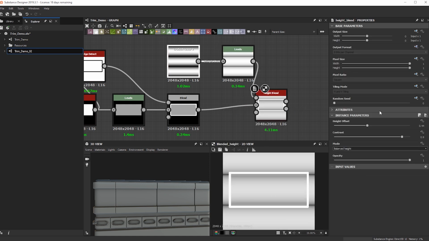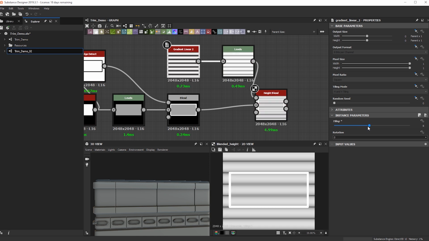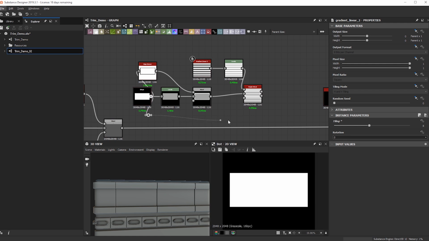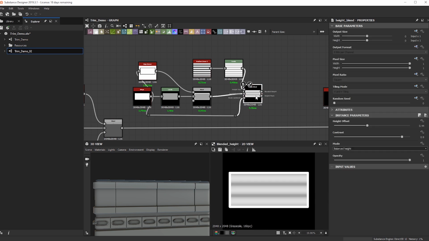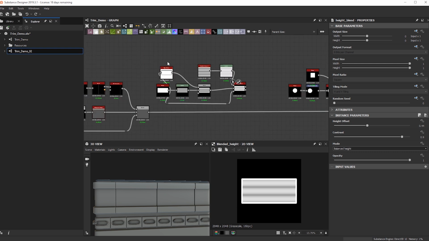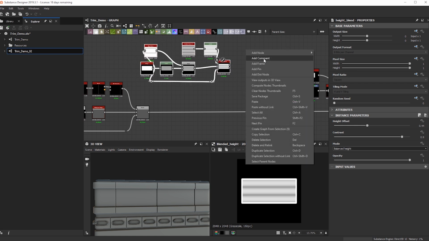Yeah, something like that. Okay. Let's continue with the tiling here. Something like that. And then we're going to use this original shape as a mask here. But again, I'm going to use the Alt to reroute it and use it as a mask. Cool. That looks interesting. So I'm just going to move these guys over a little bit. I'm going to add a frame.